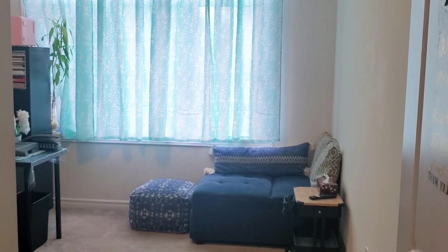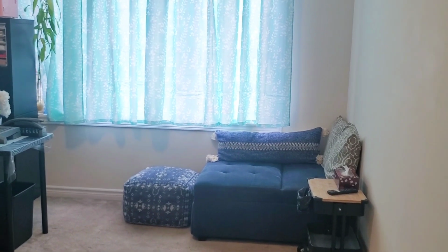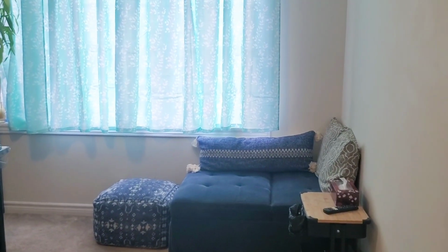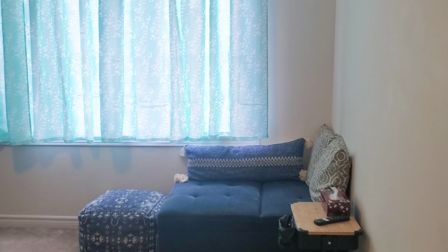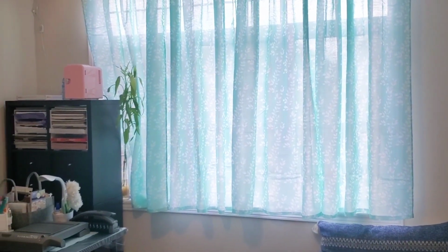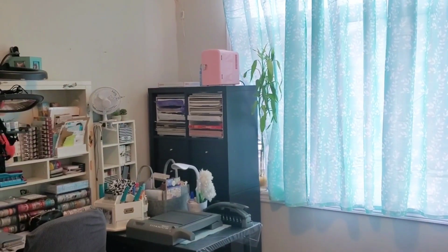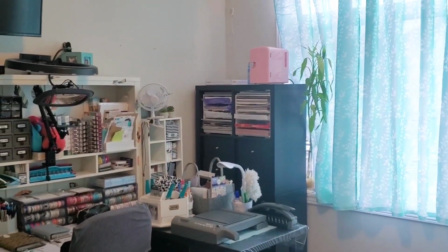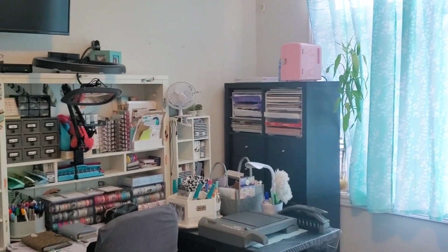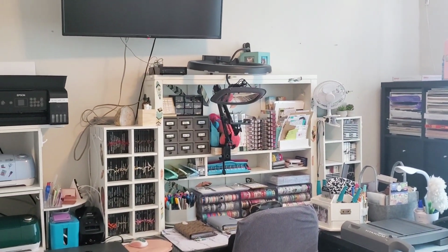Okay, so I'm just going to walk in the room and show you, and I'm going to pan around and give you a look of the whole room. So this is currently the room set up, and as you can see, it is more of a square shape. I have set up my desk space, not so much horizontal, but just taking up this space